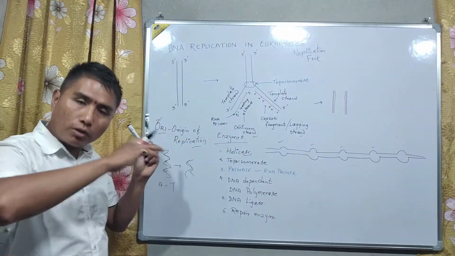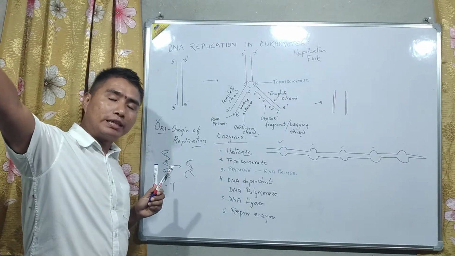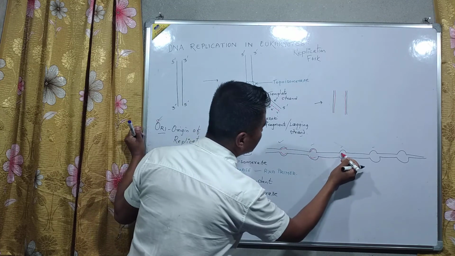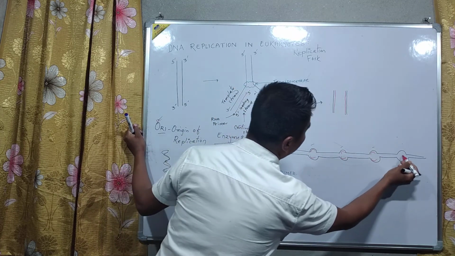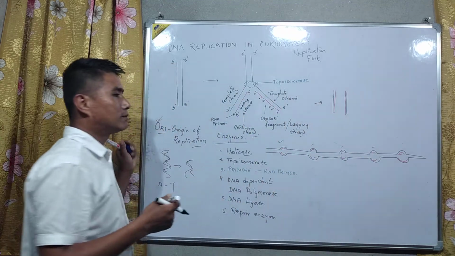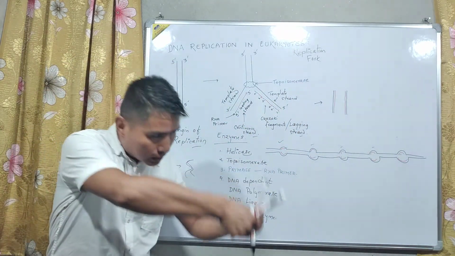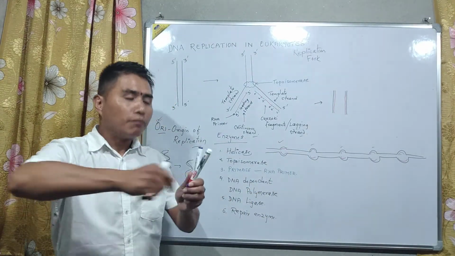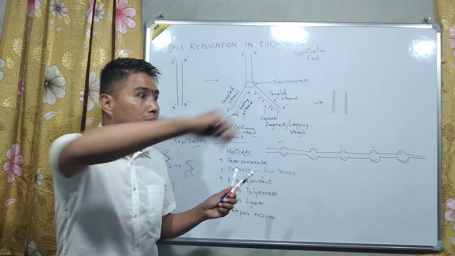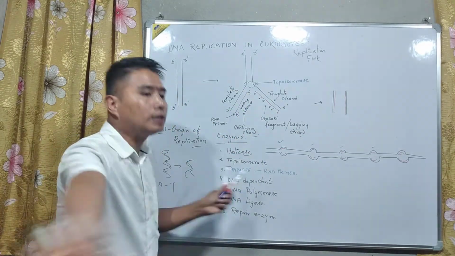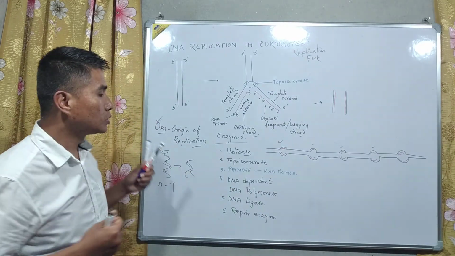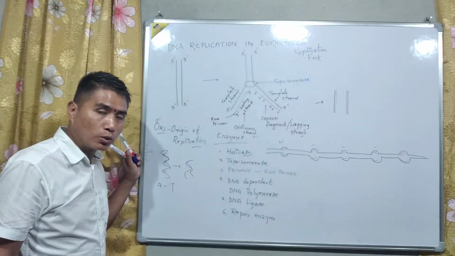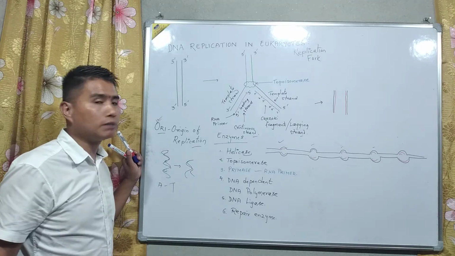So origins of replication will be many in the whole length of DNA, and new strands of DNA are formed throughout the length of the DNA. Just like you have a bag, and that bag has a long zip, and sometimes the zip opens up from the middle. Yes or no? And sometimes there are multiple openings on the zip, so all at once the zip or the jacket opens. That is the advantage of having multiple origins of replication in the whole length of DNA, which speeds up the replication of DNA process.